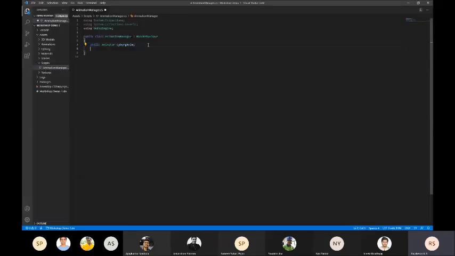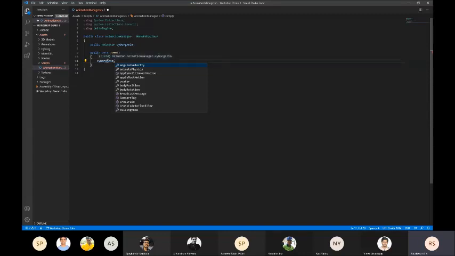Now let's create a function called jump. Every time this function is called, the character has to jump. And we have a reference to this. So we'll be calling a function which is defined with this variable of type animator.